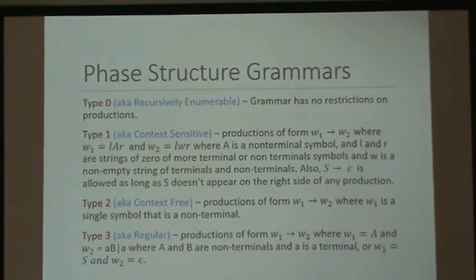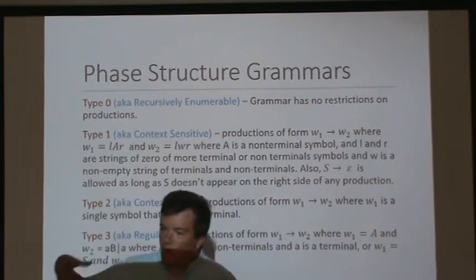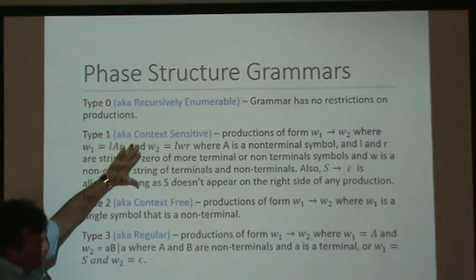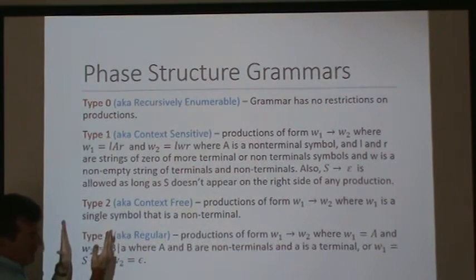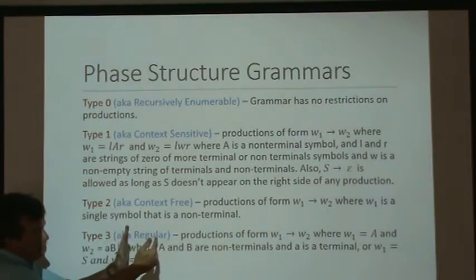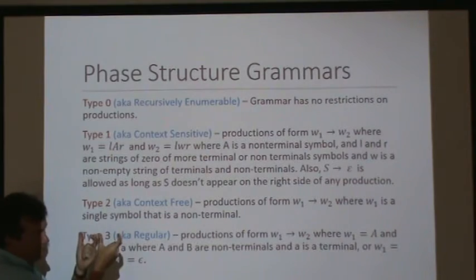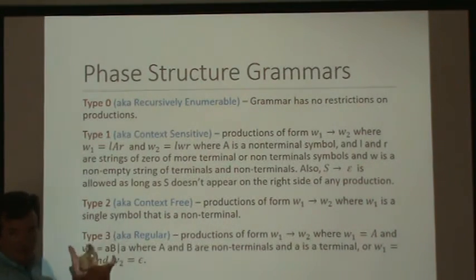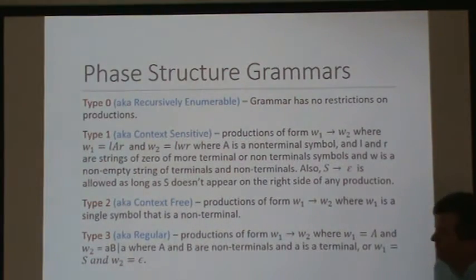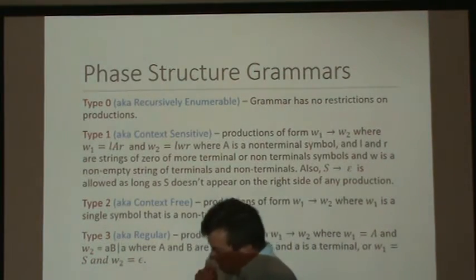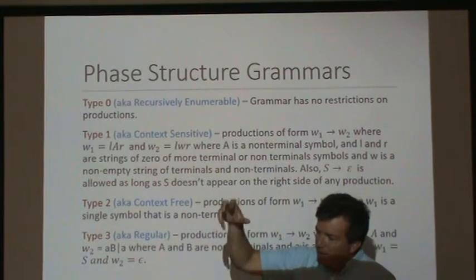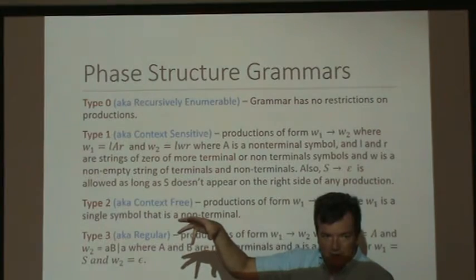The context-sensitive ones, like I say, we'll go over each of these in detail, are where you can have on the left-hand side an ordering of non-terminals, and the right side would only be produced if the non-terminals on the left side were in a certain order, or the context in which they appear in your sentence actually matters. An example might be in the English language, you could have sentences that have a noun phrase and a verb phrase, and the verb phrase could have a noun phrase, right? Like you could say,